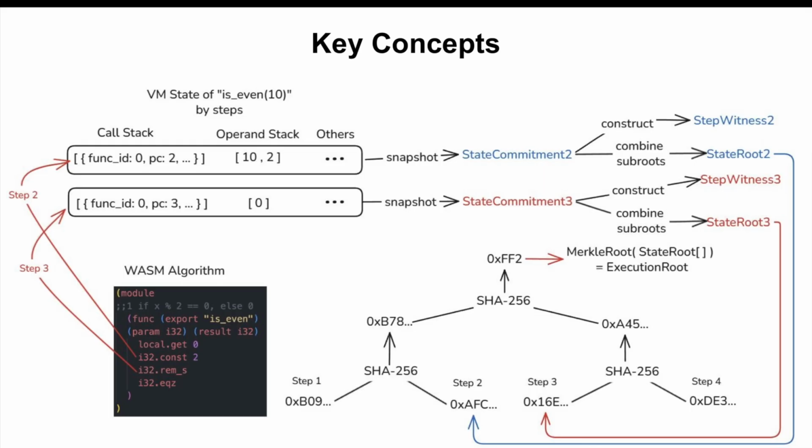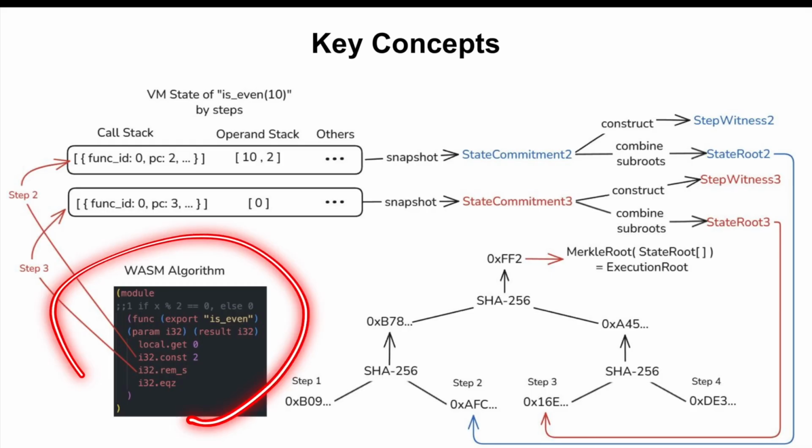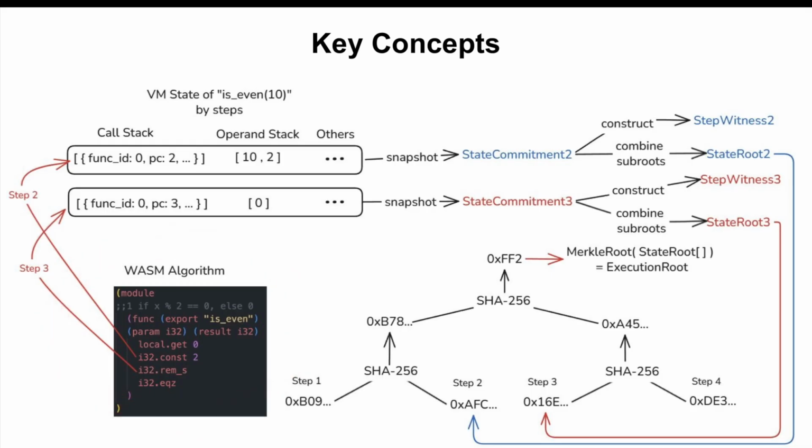So if you take an example, the algorithm we had in the previous slides, let's imagine we are at step 2. This step 2 in the WebAssembly virtual machine looks like this. We have the call stack and operand stack and the other fields, doesn't matter. So we take the snapshot, we have state commitment 2, we construct the StepWitness, we combine the roots, and this is what we store. And when we execute the next step,